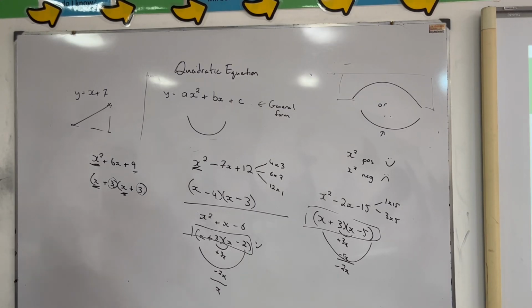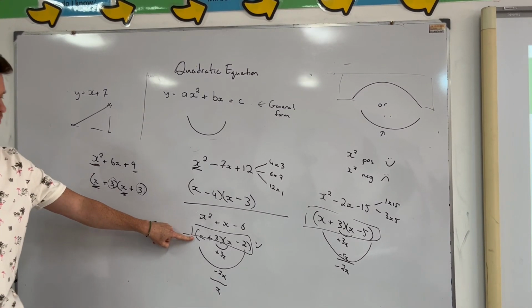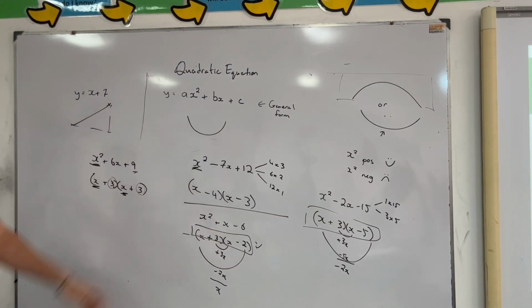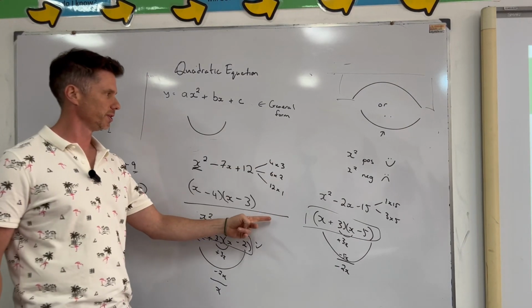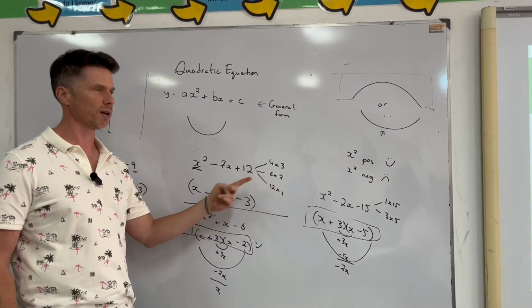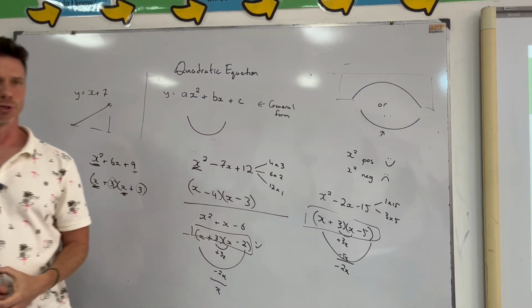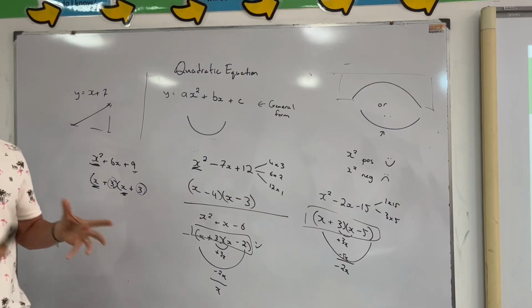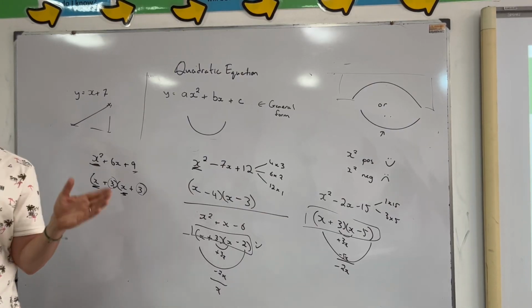So write the equation, draw the 2 brackets. You know it's going to be x times x, and then you just look at the factors of the last number. So in this case, it was 12, 4, 3, whichever is going to make the middle term. It's like a puzzle. So write the question, draw the two brackets. You know it's going to be x times x at the